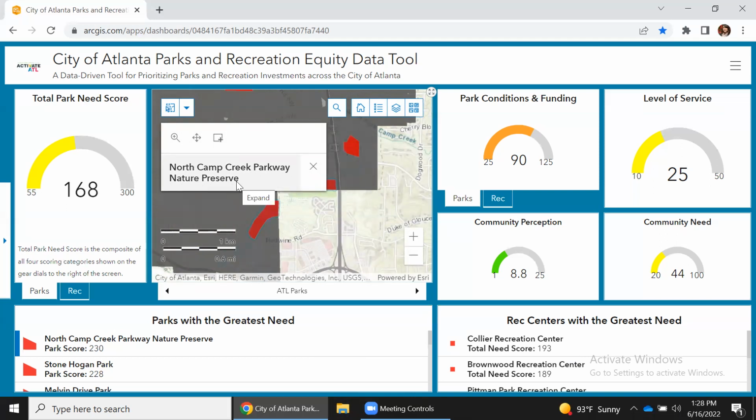Now, I'll show you the easiest way to select the park or rec center on the map, and that will cause all those gear dials to change. You can also see the scoring breakdown table by clicking on the name of the park that shows in the pop-up. So, do you see this icon in the top right of the pop-up that looks like a square with a plus sign in the corner? This will be your easiest way to select a park or rec center on the map. When we click this button to select, you can see the gear dials populate with the score for North Camp